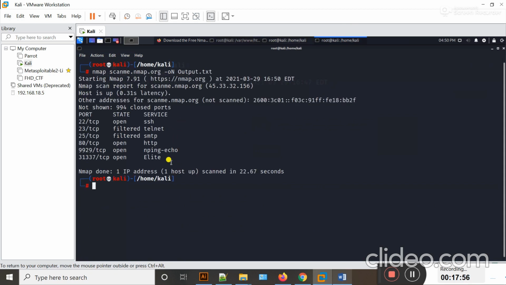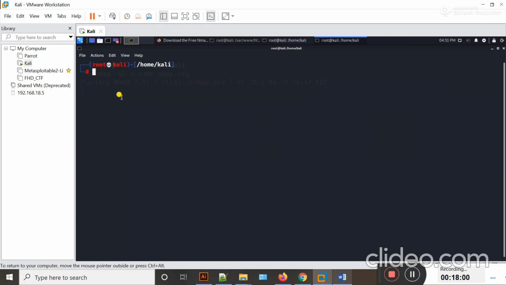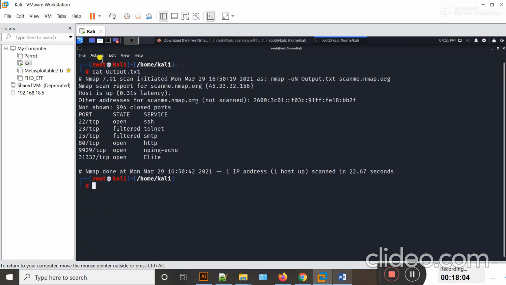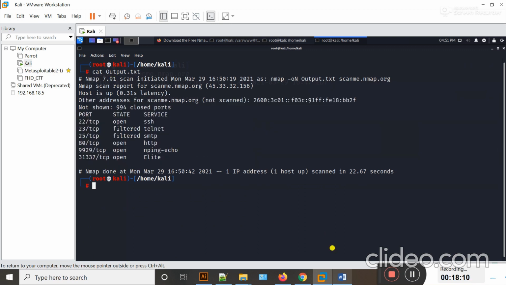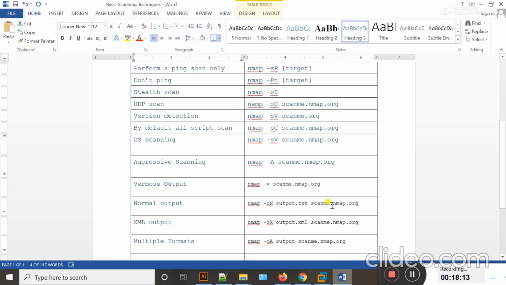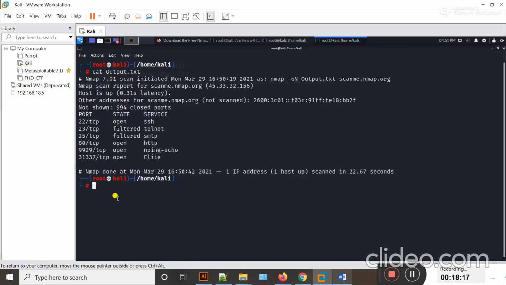Okay guys, now if I want to show the result of that file, you can see here the content of output.txt is this. You can also save the output in a file in XML format. You can store output in XML format by using the XML output option.